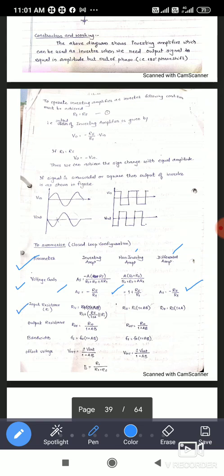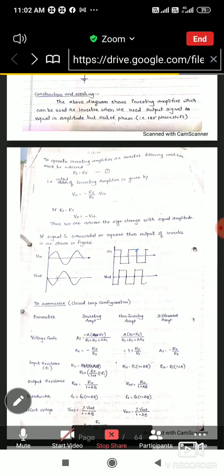So this is the voltage gain expression. Now next, input resistance. Input resistance is given by this formula, R1 plus RF divided by 1 plus Y, which is in parallel with input resistance. You can calculate. For non-inverting amplifier, it is given Ri into 1 plus A beta, and for differential amplifier, it is Ri into 1 plus A. So for all these bandwidth formulas, offset voltage, output resistance, you can go through this table so that you can understand what are the formulas to calculate the voltage gain, input resistance, output resistance, bandwidth, and offset voltage. So this table will help a lot.